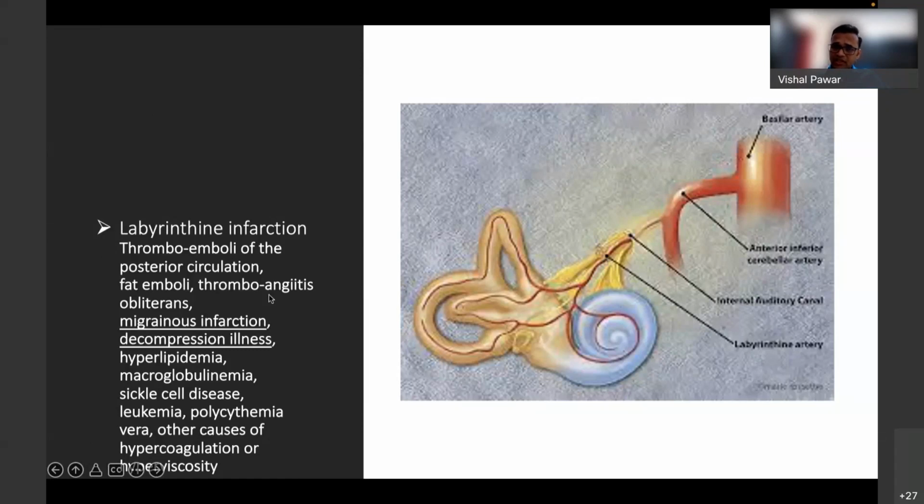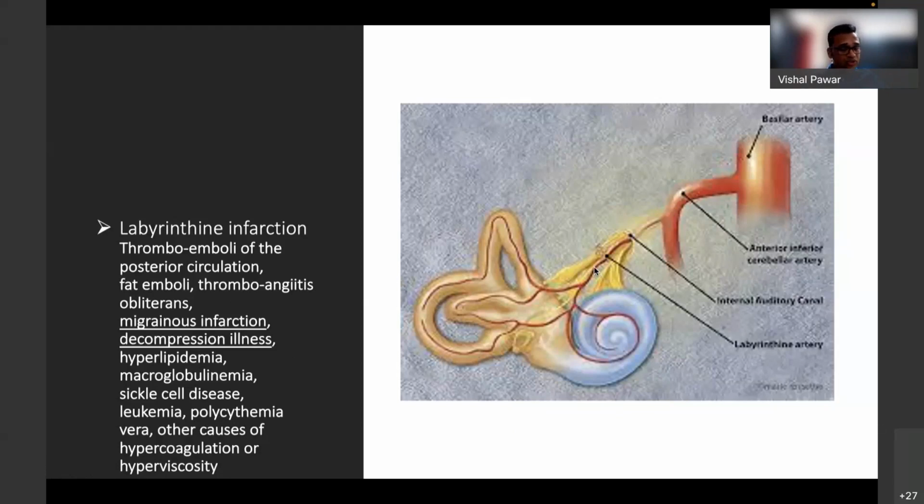So there are certain etiologies like fat emboli, thromboangiitis obliterans, migrainous infarction, decompression illness, hyperlipidemia, macroglobulinemia, sickle cell disease, leukemia, polycythemia vera, and hypercoagulable states, which can specifically cause thrombosis of the labyrinthine artery, and there can be isolated infarction of the vestibule and the cochlea, and the patient can present with sudden onset vertigo, acute vestibular syndrome, along with sudden onset deafness,